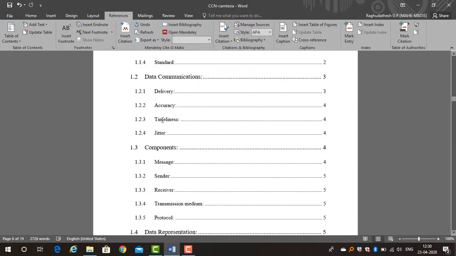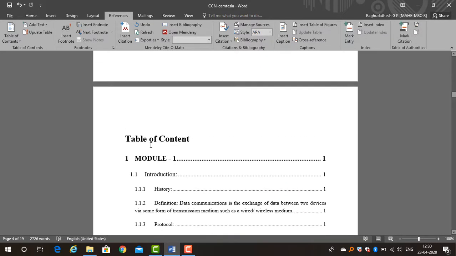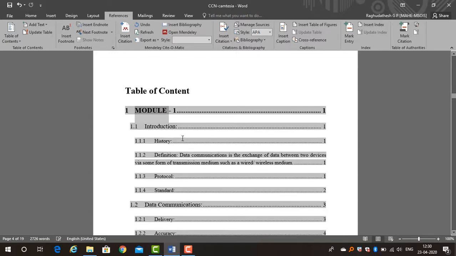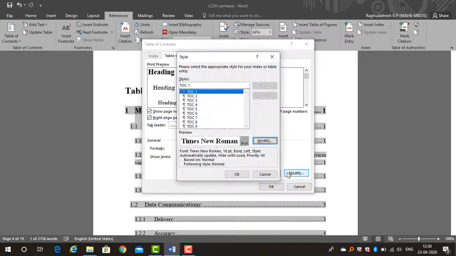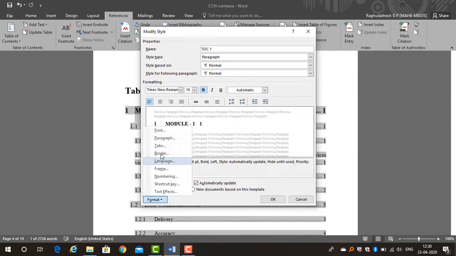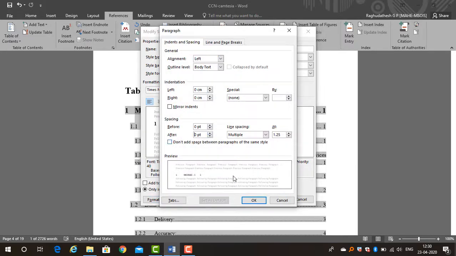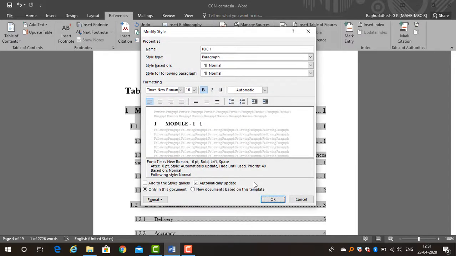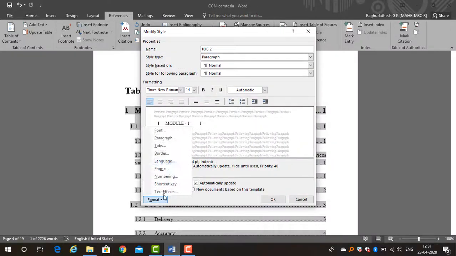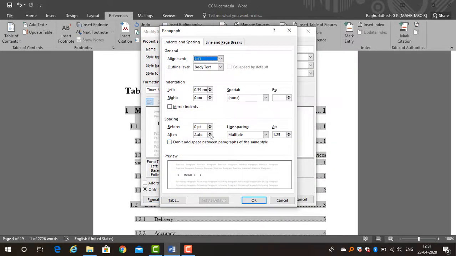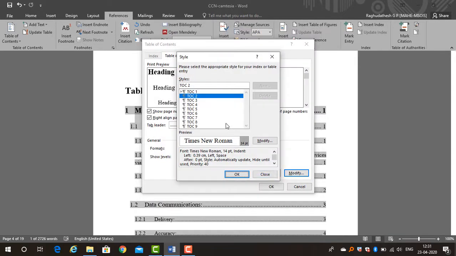If you want bold, or if you don't want any spacing, just again you can go to your custom table of content, modify. So here it is, 16 page number. Go to format, paragraph. I don't want spacing, so click on OK. For everything you need to change the paragraph if you don't want spacing before and after.